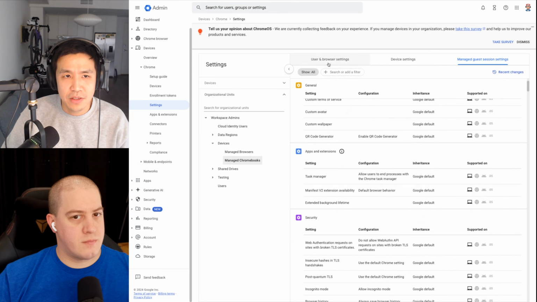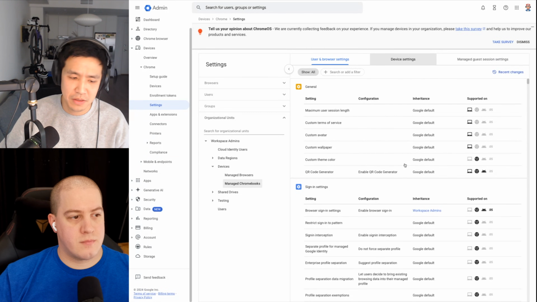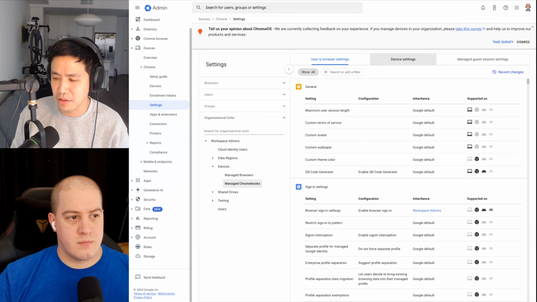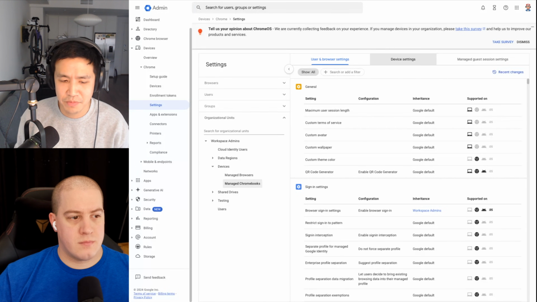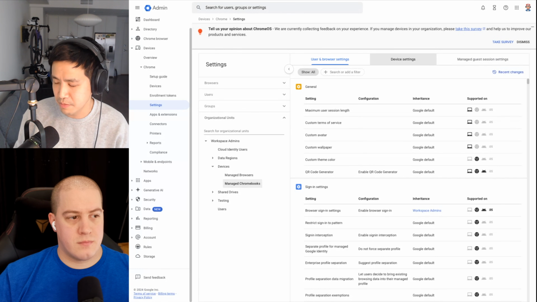And moving on to user and browser settings. This is what we looked at very briefly. This governs a user's experience when they're signed into a Chrome device. This is where you can really customize the experience for an end user. And to make sure that the user's transition to a Chromebook or ChromeOS device is as seamless as possible, you need to understand how they are using their